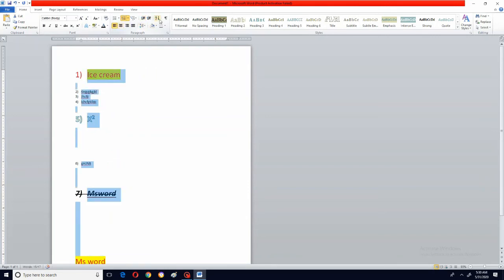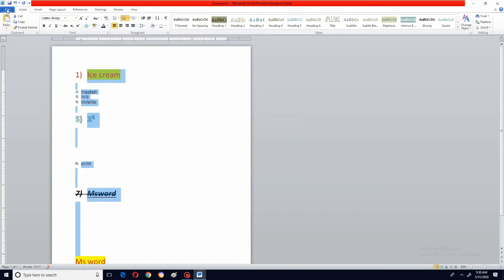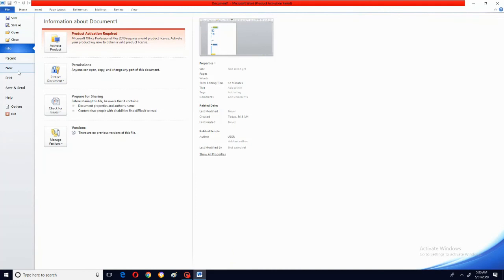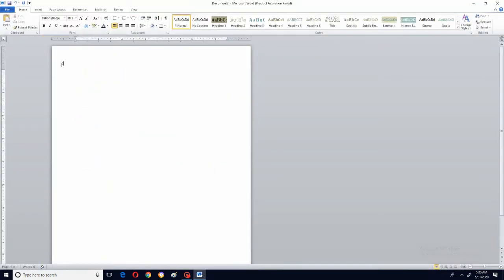Now can you see here, sort according to paragraphs, according to alphabetical order it will change. So I'll go to the new option, I'll explain clearly. I'll say new, I'll create one, and first I'll go to size.